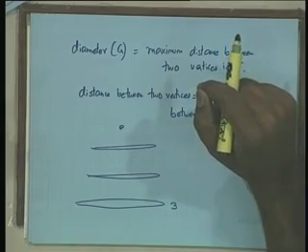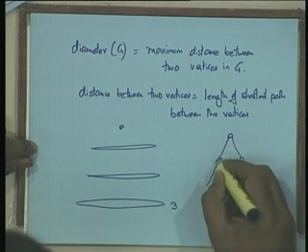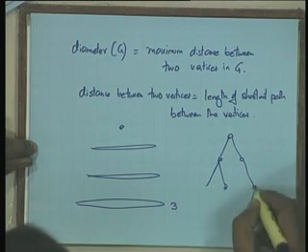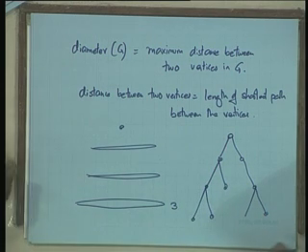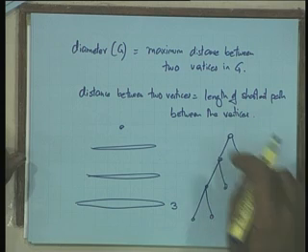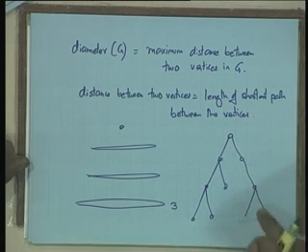Does everyone understand why this is wrong? Because I could have a graph which looks exactly like this. Suppose this is my graph. If I did a BFS from here, I would get exactly level 3. But the diameter of this graph is not 3. The diameter of this graph is 6, on the leftmost.